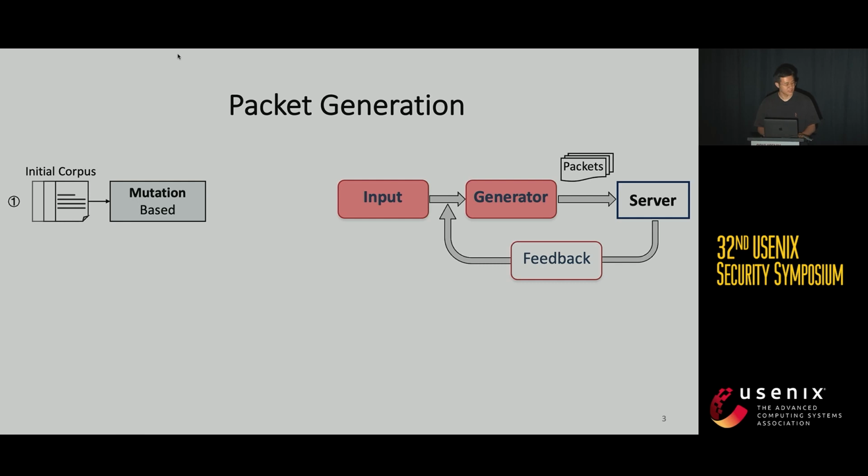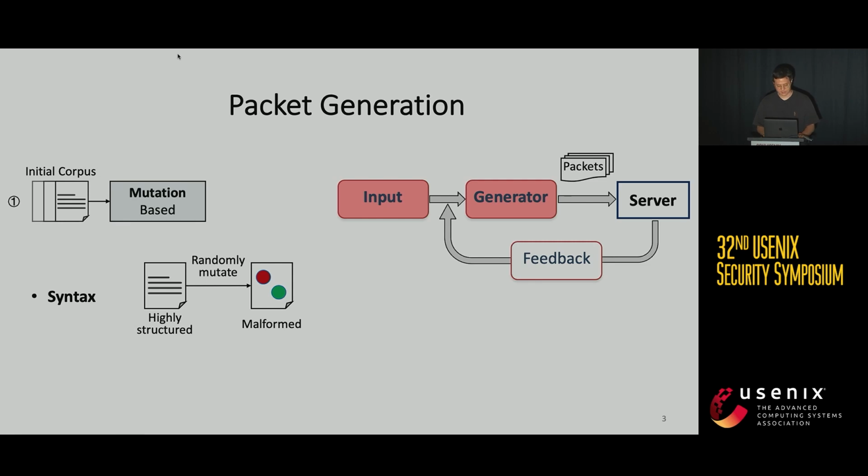For the first part, input and generator, there are two main methods. The first one is mutation-based. This fuzzer generates new inputs by mutating existing ones from a corpus. Without a protocol specification, those fuzzers usually reach a limit. For the syntax, since the protocol packets are highly structured, blind mutation tends to generate malformed packets that are discarded